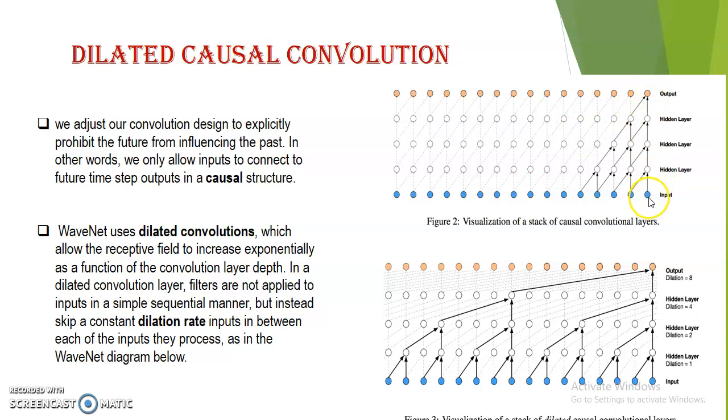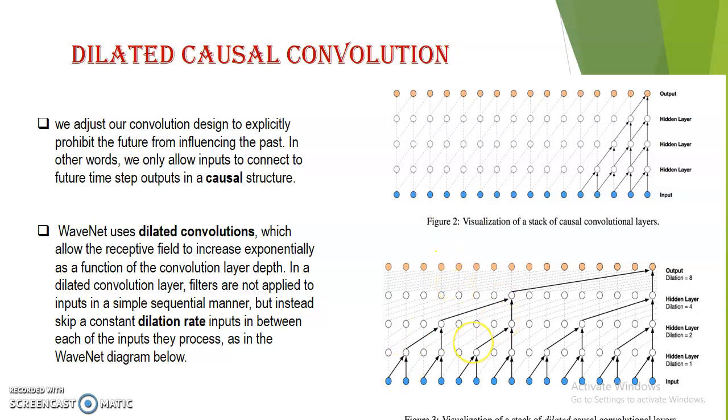Because here if you say t minus 1, t minus 2, t minus 3, t minus 4, t minus 5, then after everything we left, it is not affecting our output value. But we need those. We need a long-term dependency where all our other inputs should affect our output. So researchers came to the conclusion that they can use a dilated convolution to overcome that drawback, to achieve that long-term dependency.